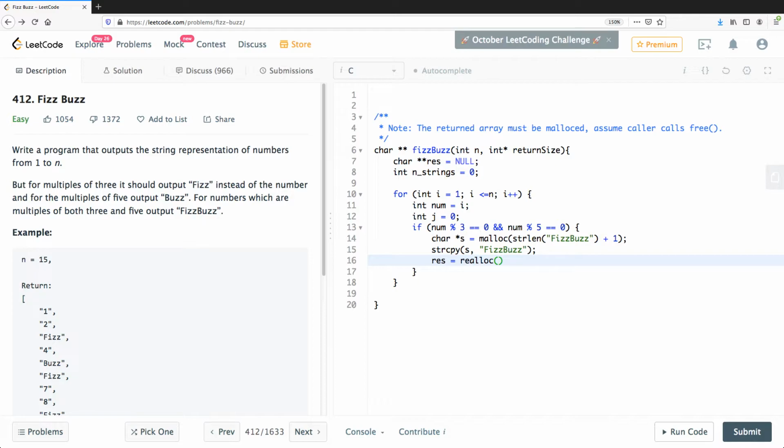So realloc, and we say size of char star. Okay, so realloc, by the way, takes your existing pointer also. So size of char star times n strings